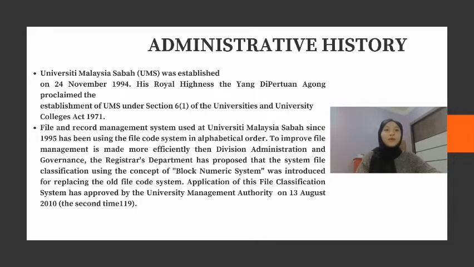To make file management more efficient for administration and governance, the Registry Department proposed that a file classification system using the concept of a block numeric system be introduced to replace the old file code system. The application of the file system was approved by the University Management Authority on 13 August 2010.